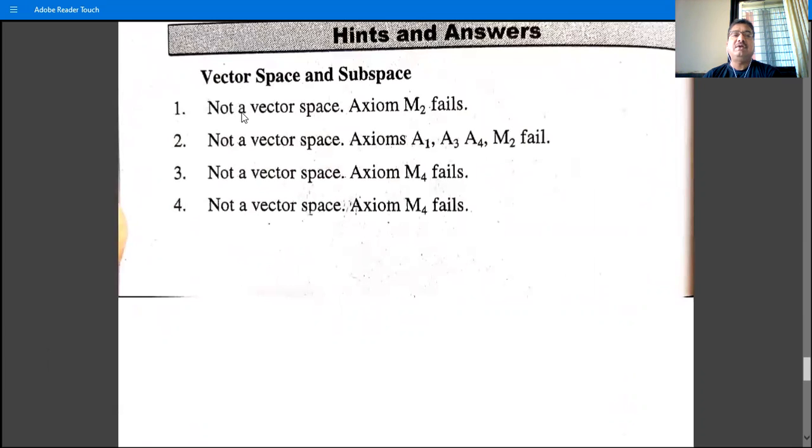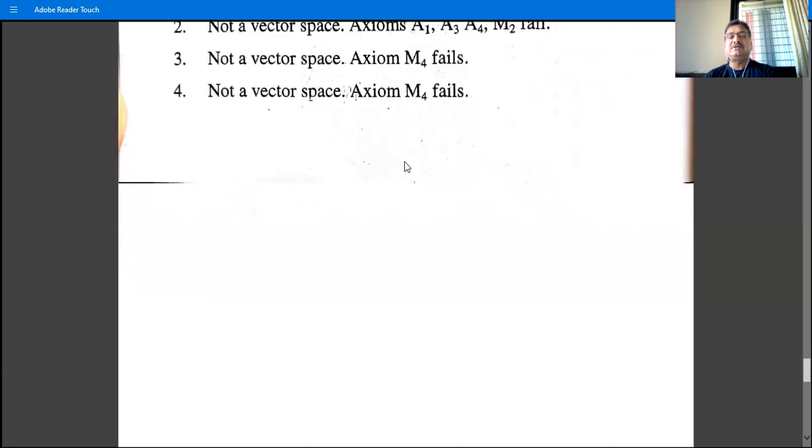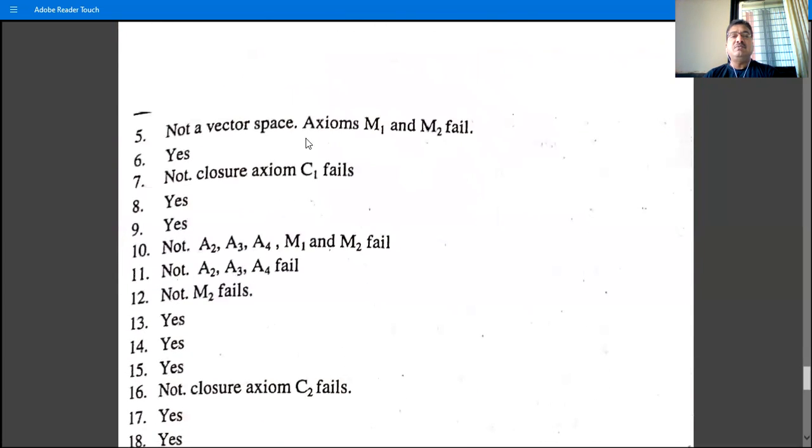For example, the first: not a vector space, assume M2 fails. So I have to give the counter example for M2. The second problem: not a vector space, because A1, A3, A4, M2 fail. So I have to give any one property that fails by using a counter example. Similarly, the third problem: not a vector space, assume M4 fails. Number 4: not a vector space, assume M4 fails. That is why we have to write the